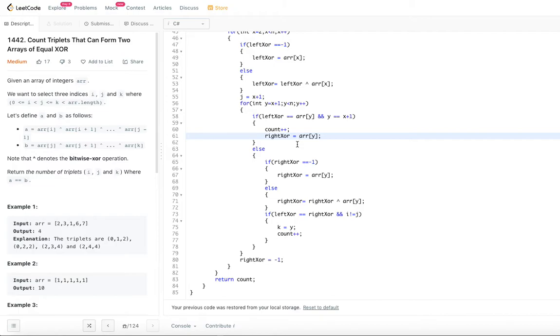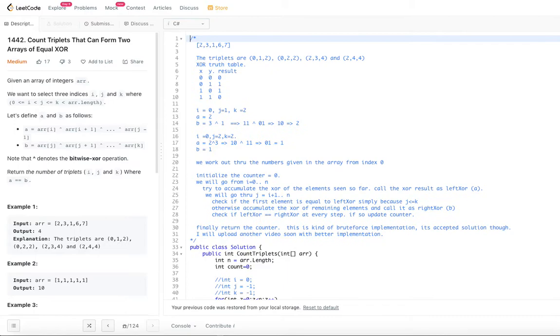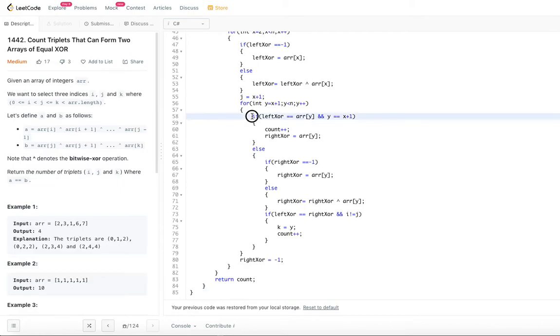It can be multiple operations also can be possible, just like if we go back, right? So 0, 2, 2, right? So 0, 1, 2 and 0, 2, 2, they can be in the same for loop. That is possible, right? So to cater that kind of triplets, I have included this right here, so that you don't have to go back. This will improve our time complexity by a little bit.